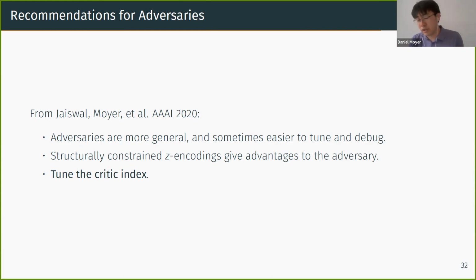Adversaries are actually more general though, right? You can put a predictive neural network on a lot of things, and they're sort of easier to set up, easier to tune and debug. So this is not to rag on them. And in fact, I've used them quite often. And in that loss that you saw in the previous slides, there was an adversarial loss on the data side. So they're not a bad thing. It's just that they're on the wrong side of the bound. So if you use, for example, the gradient flip trick from Ganin et al., you'll end up with undertrained adversaries and thus the wrong bound.